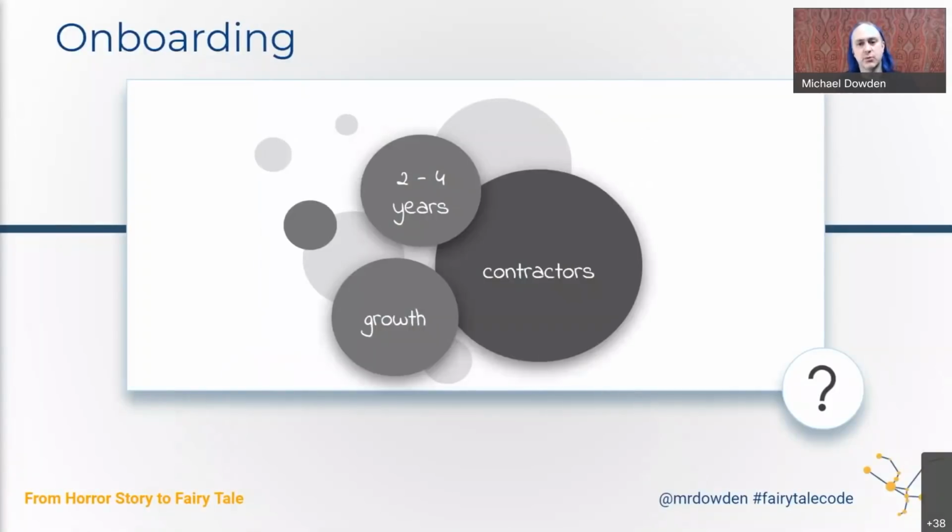One reason that is a problem is because we are always onboarding people to our teams. Even small teams, even well-established teams, we tend to onboard people fairly regularly. That might be because many developers switch jobs every 2 to 4 years. It could be because we're hiring outside contractors to expand our resources to work on specific parts of our projects. It could be because our teams are growing.